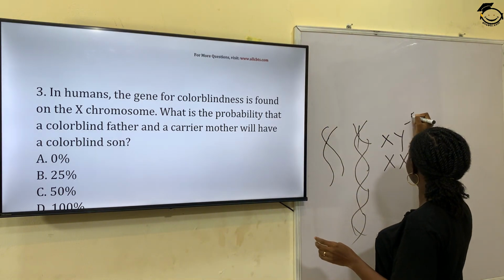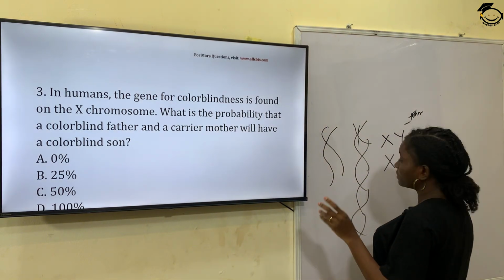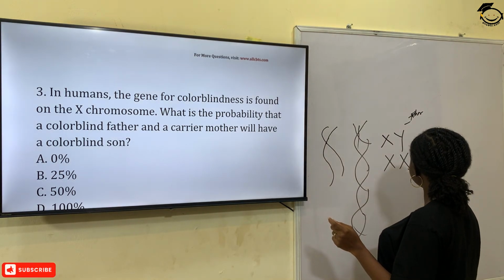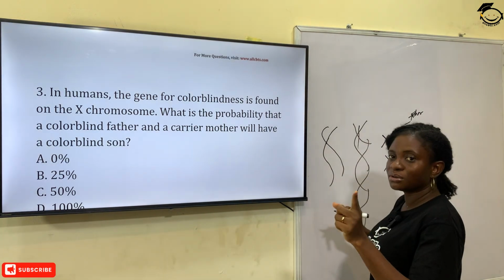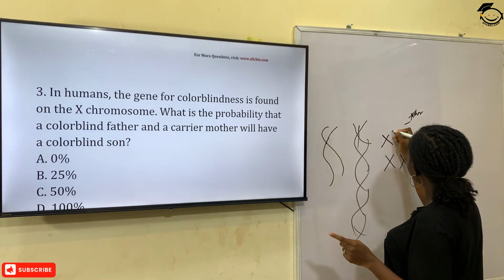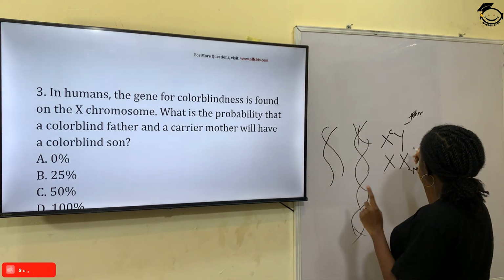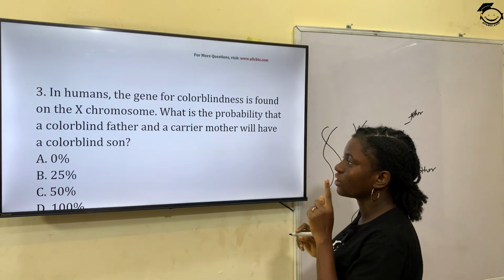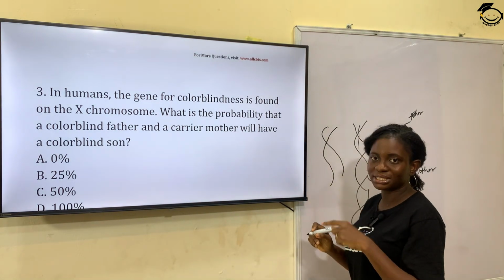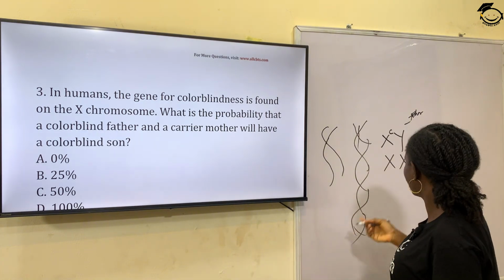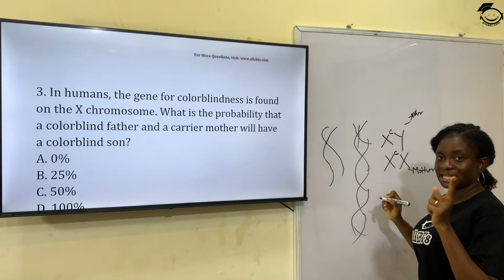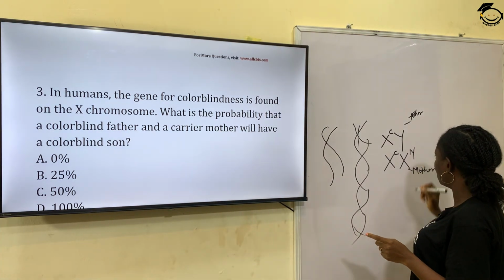This is the father. So we want to do a bit of mathematics here. This is the mother. So the color blindness, let's have it marked. What is the probability that a colorblind father and a carrier mother, the mother is a carrier, so we have one X carrier and another X normal. So